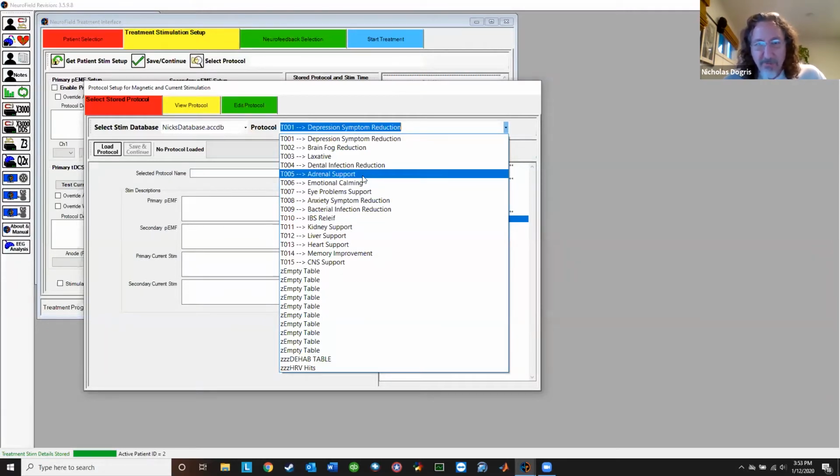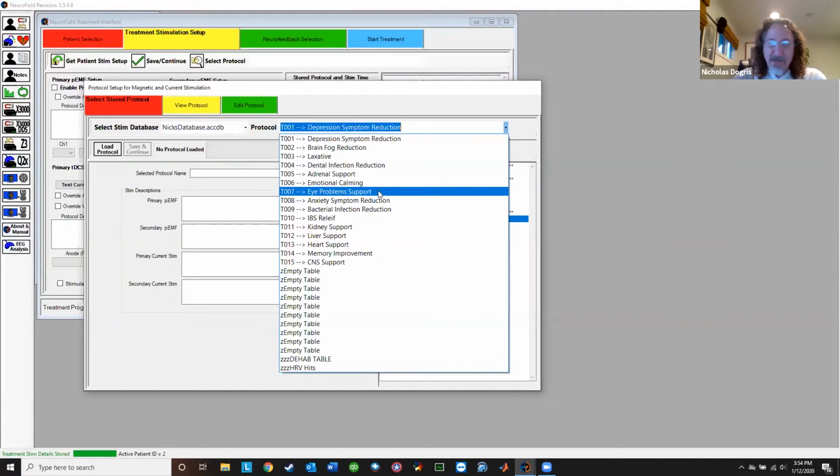Adrenal support, right over the adrenals. Emotional calming, used on the head. There were many users that said this brings about almost immediate calming. Eyes problem support. This one actually contains frequencies that match the actual structural frequencies of the eye. So the whole idea here was based on